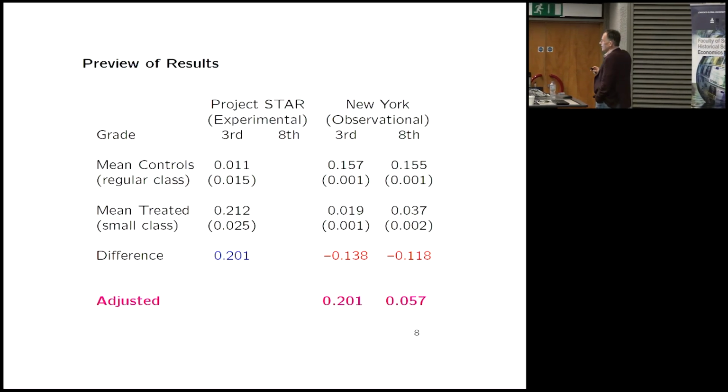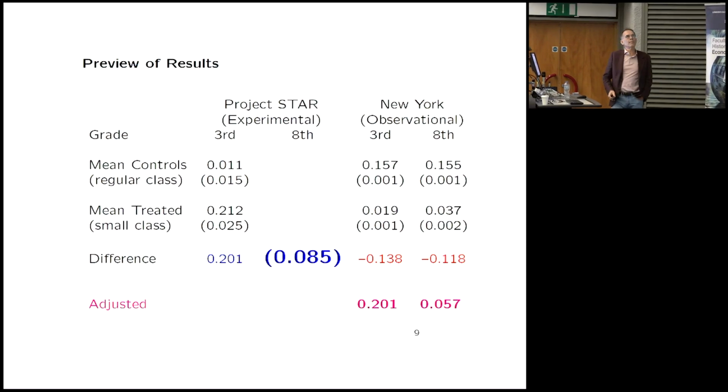Well, I lied earlier, and we actually do have the number from Tennessee for 8th grade test scores. So we do actually have the experimental data there that includes 8th grade test scores. And so we know that the experimental number there is 0.085. And so now the comparison is whether